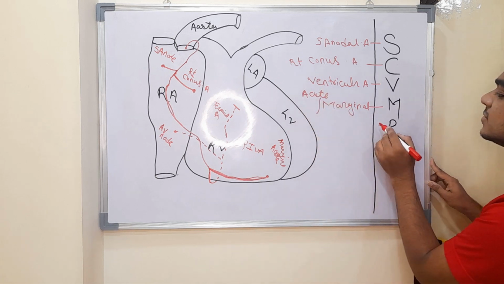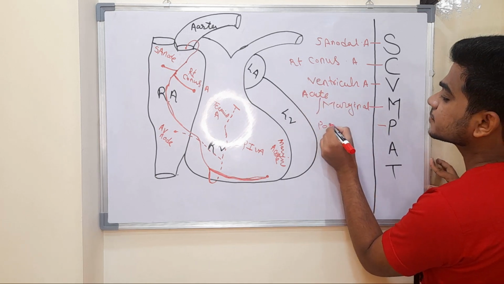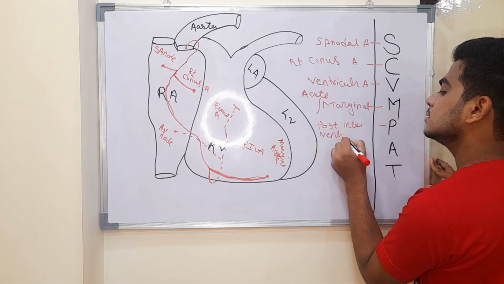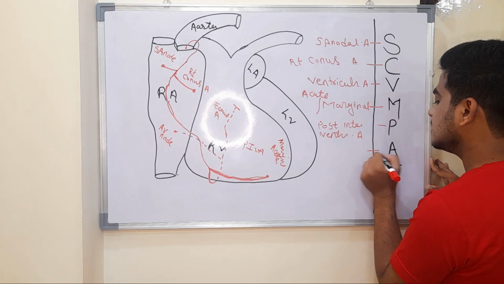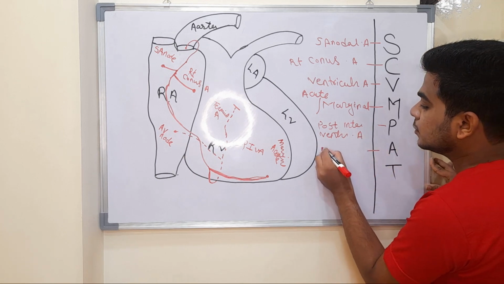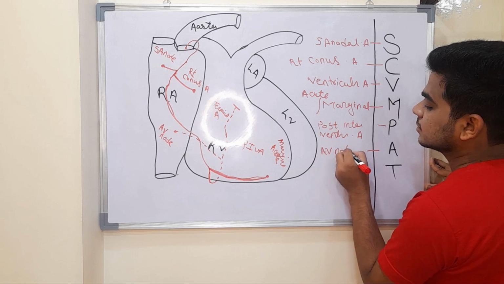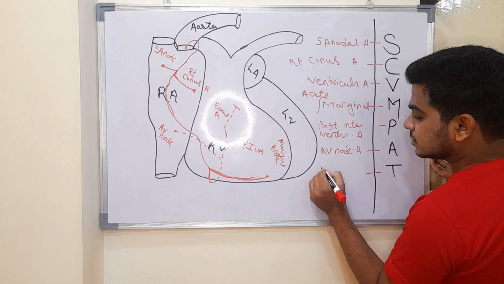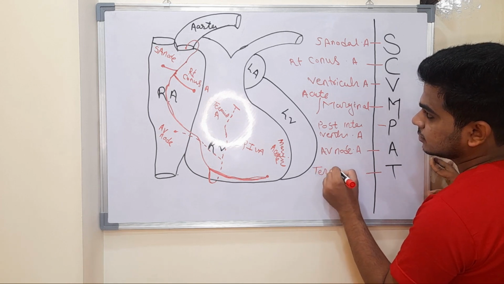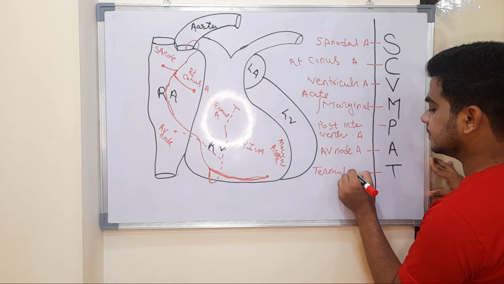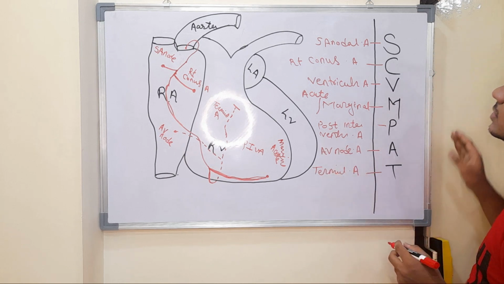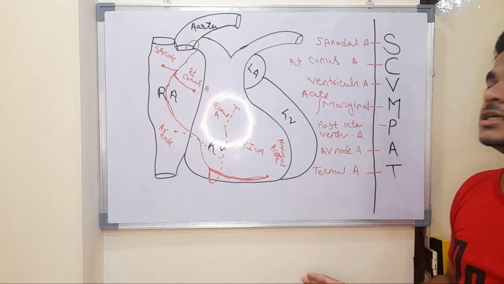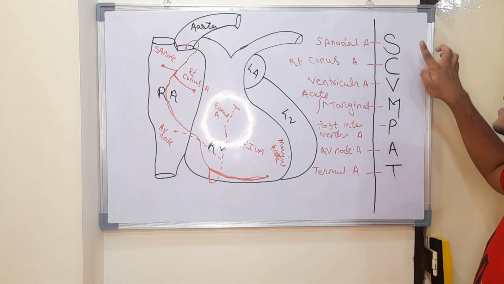Then P stands for posterior interventricular artery. A stands for AV node branch or artery. T stands for terminal artery. So these 7 branches of the right coronary artery you have to keep in your mind as